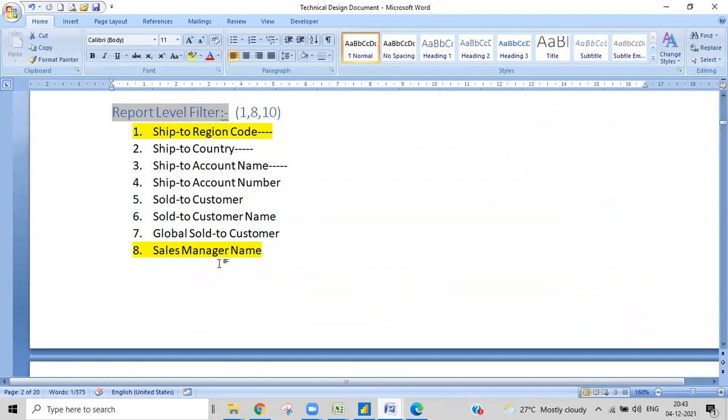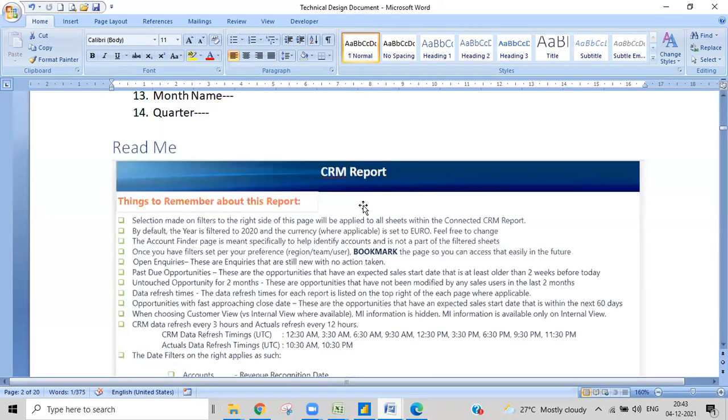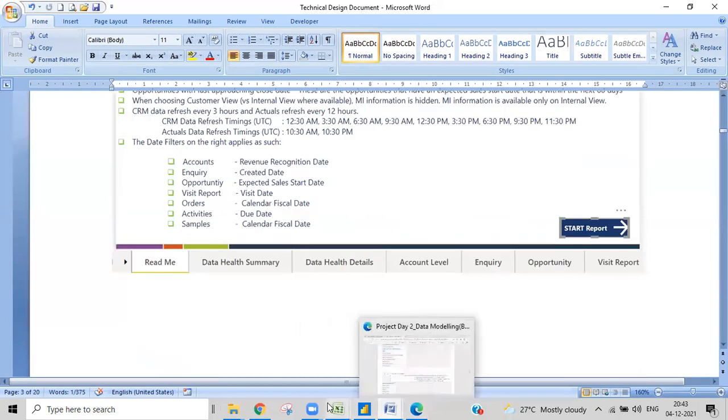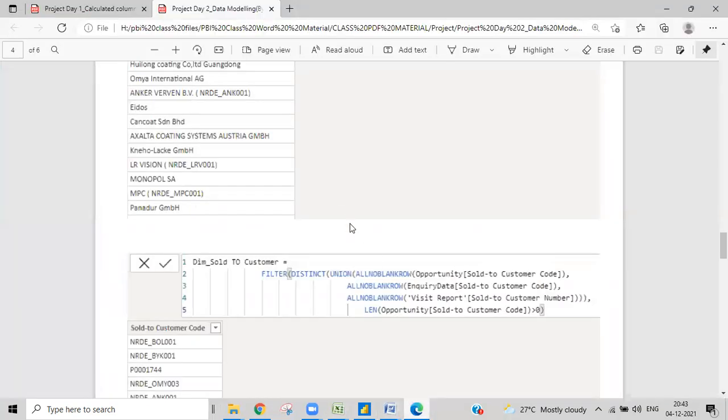To create a dimension table, bridge table, whatever it might be, is very easy. Only two functions that we use: one is distinct and the second one is union. So union of those particular columns, and then you apply distinct upon that, and then we'll have that dimension table. Once you get the dimension table, you'll give the relationship to the table and the column from which we derived it. I'll obviously show that also.